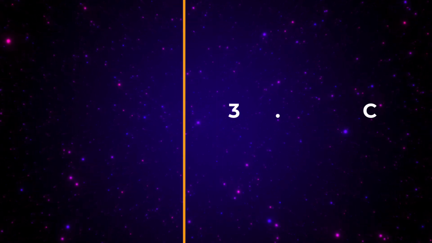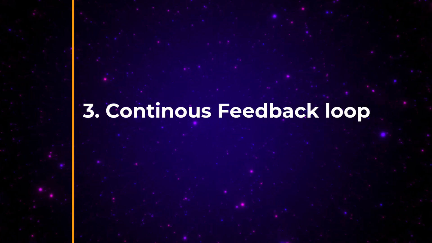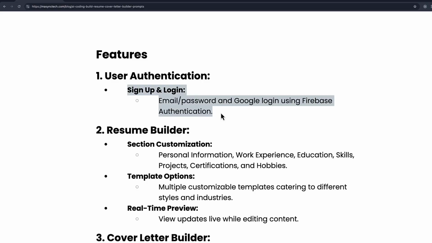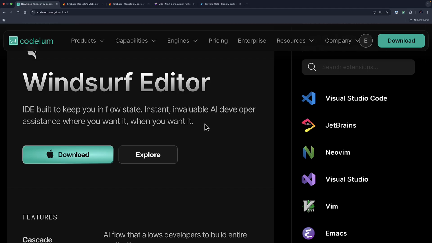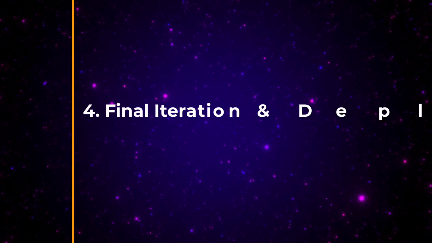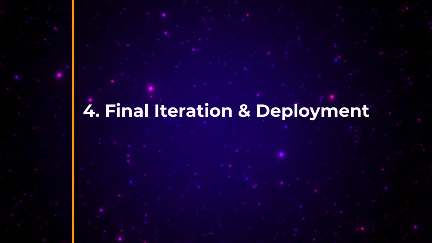And apart from that, we call something continuous feedback loop. What do I mean? Let's say that we are done with the authentication, but we can modify it or enhance it. This is where continuous feedback comes in. At this point, you got the main logic. Then you can build upon the previous one. And lastly, we have final iteration and deployment. And that is incorporate feedback from all phases for the final iteration, and then deploy the project in production environment